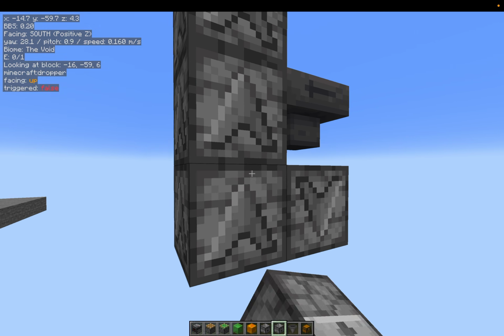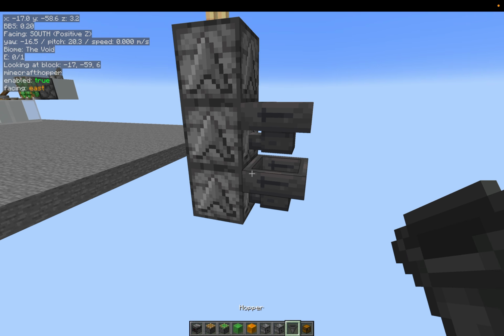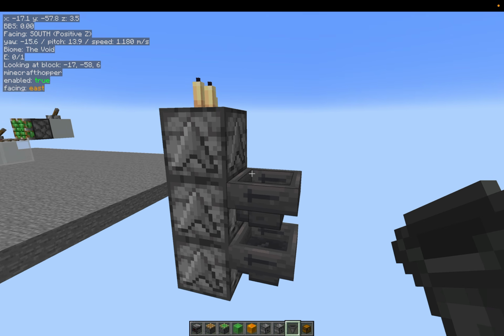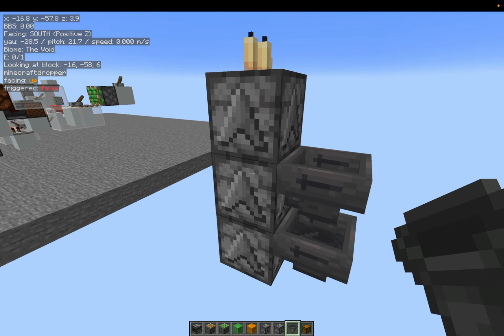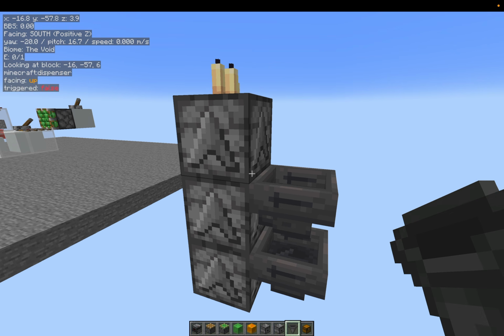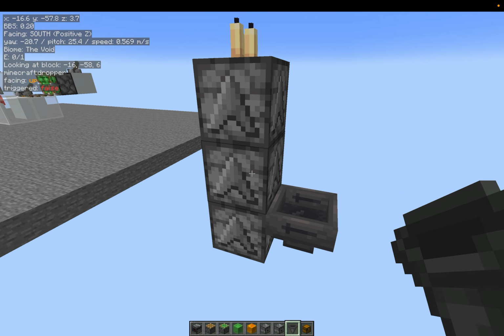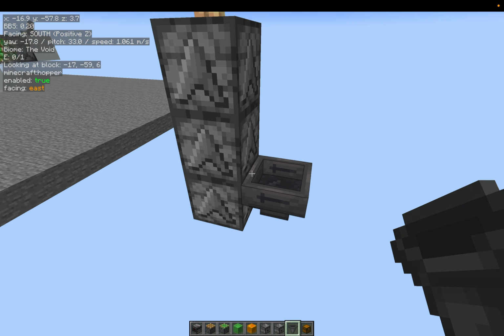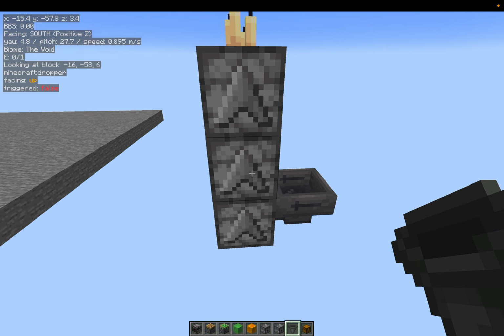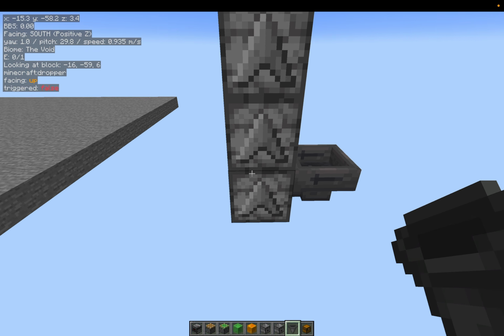pretty sure you just have a dropper going into the dispenser from below. I mean, you kind of have to. There's no other up. Nothing else that can move items upward into a container. And then probably just a hopper minecart here. But